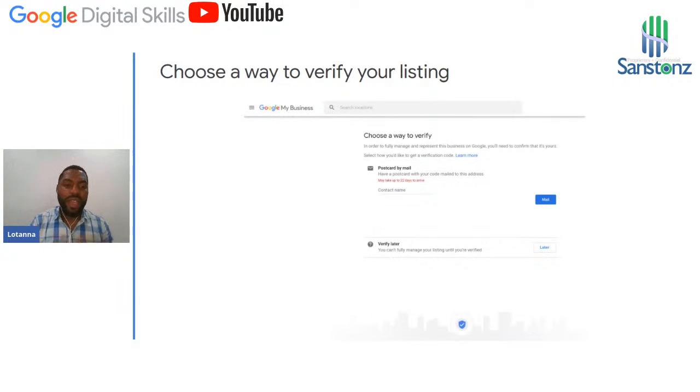So this is how it looks when you are beginning to verify your business. Google My Business deals with verification of businesses, because currently, before you can put your business on Google My Business, that business has to be verified. The owner of the business will be called by the partners in charge of Google My Business. They want to know if indeed that business belongs to you.